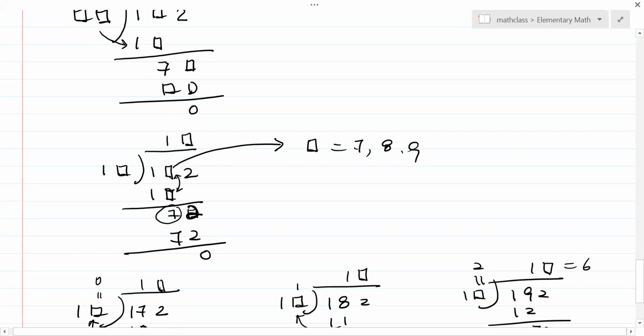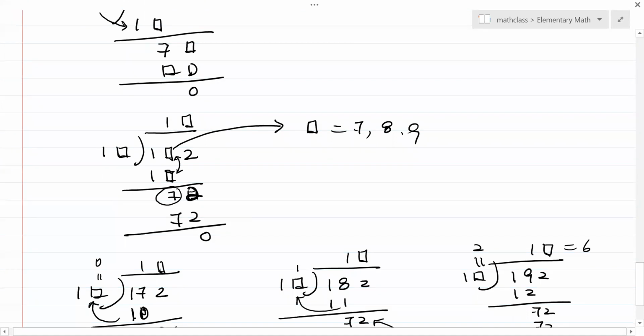Okay, in order to get 72, what are the possible products? Maybe you're lucky, you figured out 2 times 12, 2 times 6 is 12, then you can quickly get 72. If you can see that, 12 times 6, you get 72. If you can see that, you can quickly figure out a number. Either 12, either this is 6 or that is 6. Okay, that's 2 possible ways to solve the problem. I think that's another quick way to do. You don't need to look at the 3 different cases, because in order to get 72,